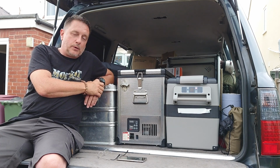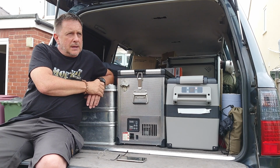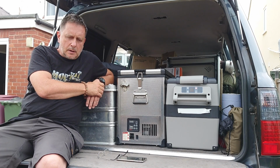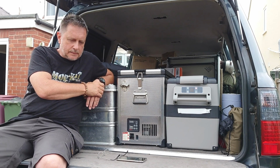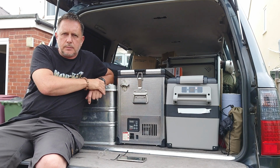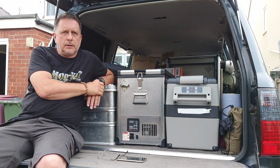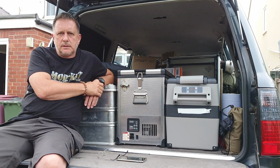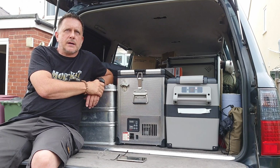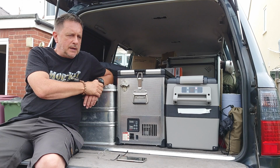So the glorified cool box, unfortunately, was the SnoMaster. That I bought 6 years ago. It's got a 7-year guarantee on the compressor. Unfortunately, the compressor or the cooling system, I'm assuming it's the compressor, has failed. Maybe it's run out of gas, maybe it's got a leak, I don't know. But for fairly light use, in a fairly rough and tough vehicle, it was right above the rear